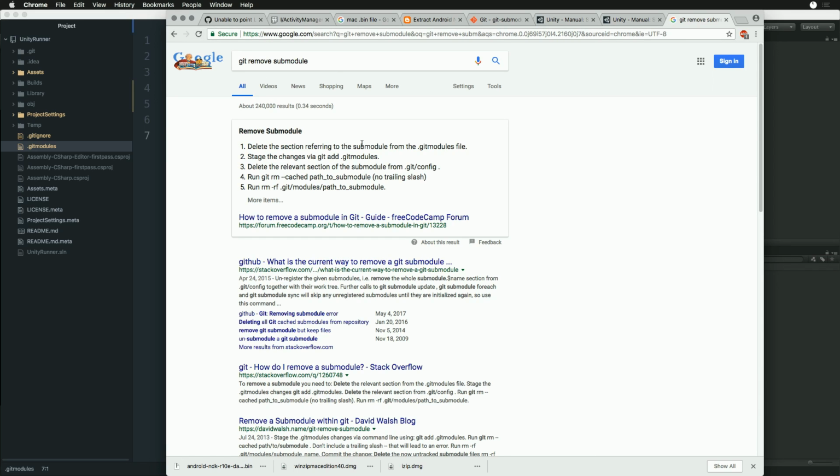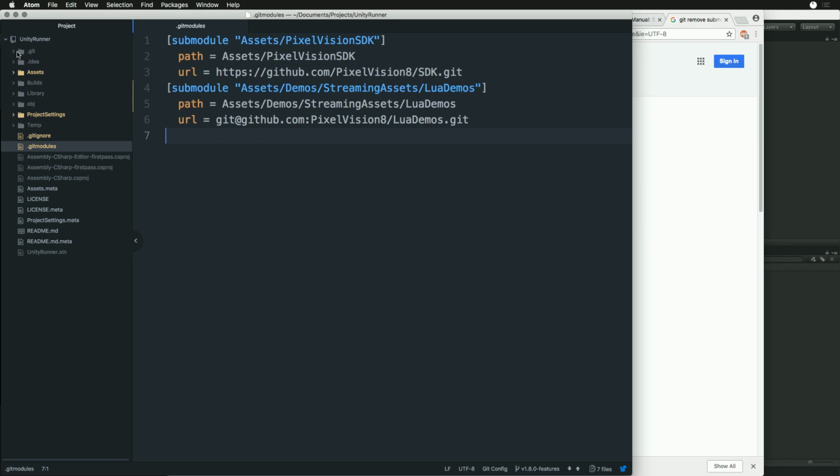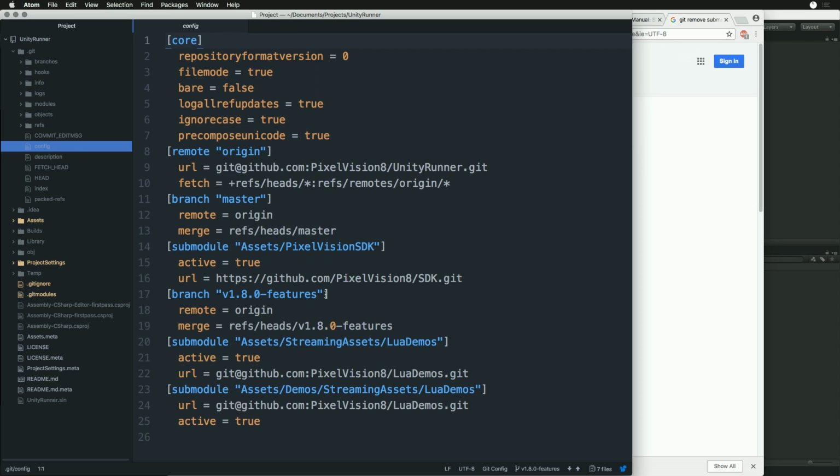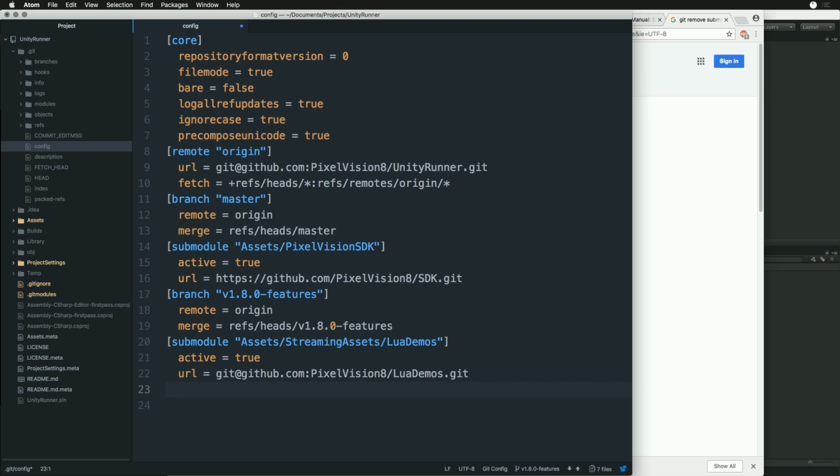Delete the section referring to the submodule in the git. Okay, that's what I did. Save the changes via git in the submodule. Delete the relevant section of the submodules in the git config. There we go. All right, we just need to get rid of this guy. And then here,